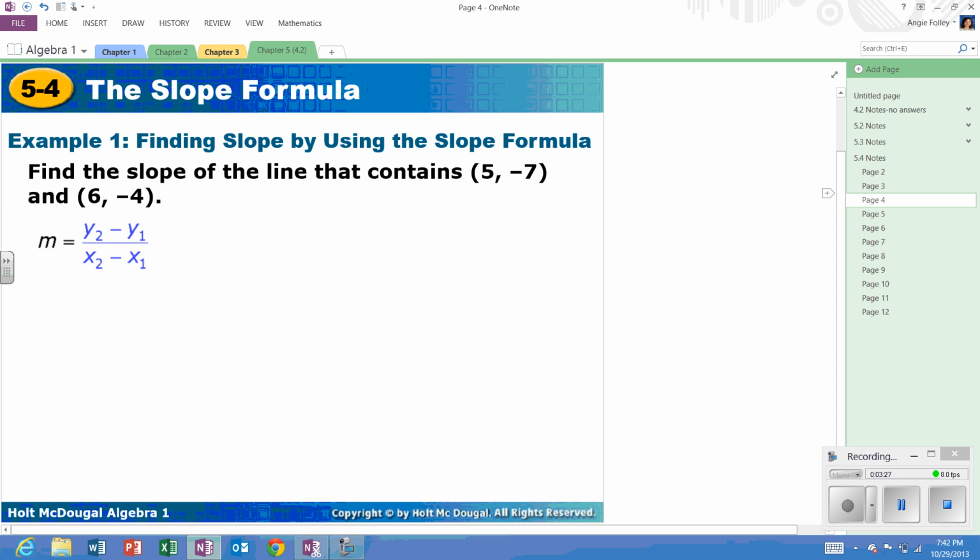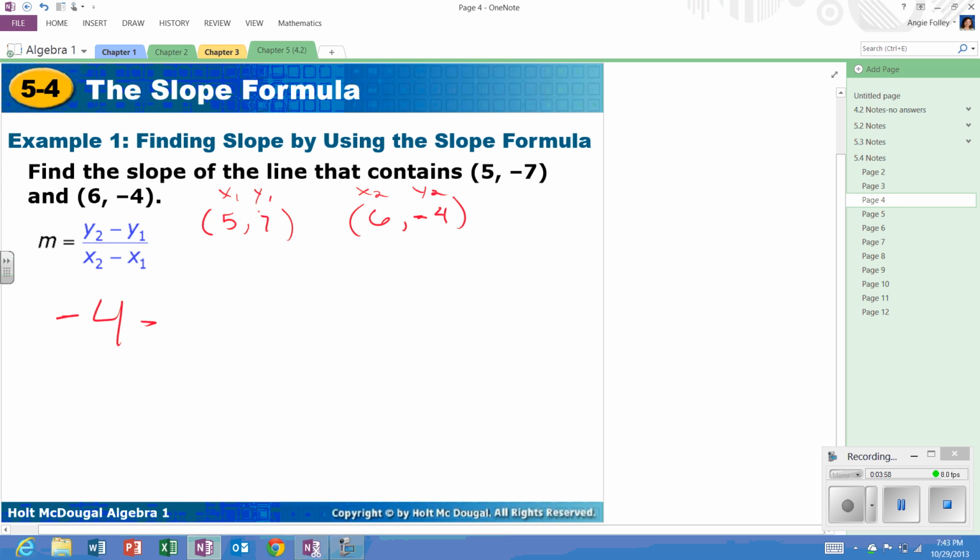Okay, so let's try an example. If we're given the points 5, negative 7, and 6, negative 4. So let's write those out just so you guys know what's going on. So 5, negative 7, and 6, negative 4. And when you guys are first starting this, if it helps to write x1, y1 above those, you can do that. So x2, y2. So our slope is equal to y2, so our negative 4, minus our y1, which was